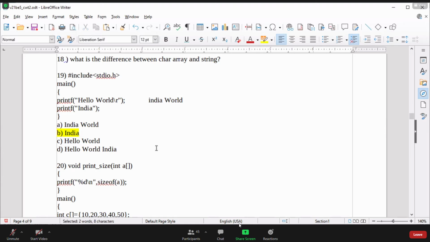So maybe you have a question: it should print India world, so why India only? Just try to understand, are we printing anything after India? No. After India, we are not going to print anything.